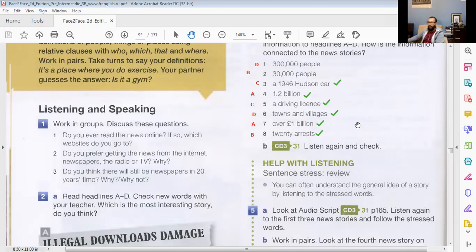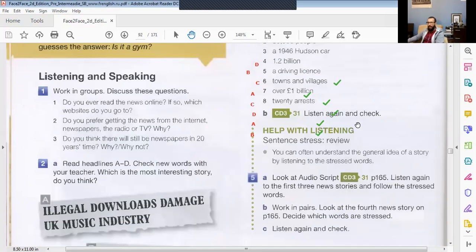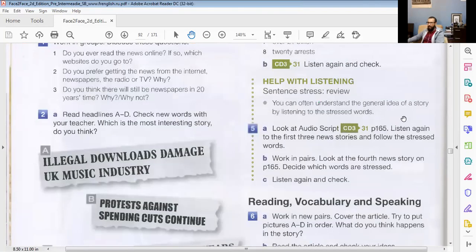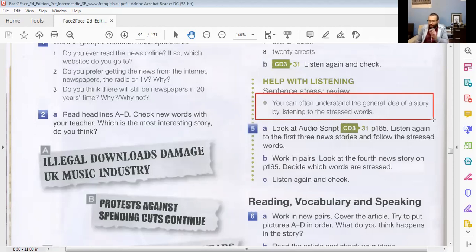Okay, now let's move on and take a look at our next exercise. So here, sentence stress. Nothing new. The only thing they want you to notice is this point here. They're telling us that usually in the news, just like the track we were listening to, the way they speak, and I think we talked a little bit about this in our last lesson, they usually stress almost all the words. We do this in Arabic. I don't know if you've noticed it.